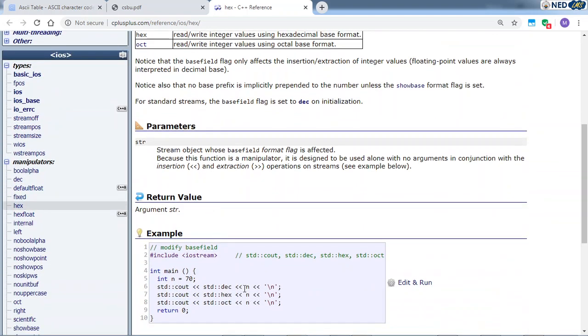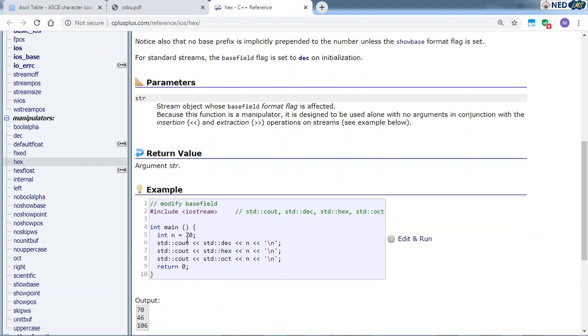If this thing is actually a number, in this example it is 70, and if I do not set the base field flag, it will display a decimal format by default, because whenever this thing is started, it is set to decimal on initialization. If I set it to hex, it will display this thing in hex. So let's see what that